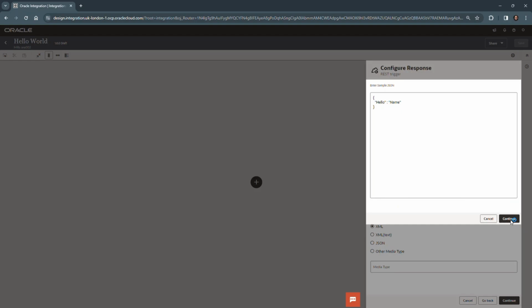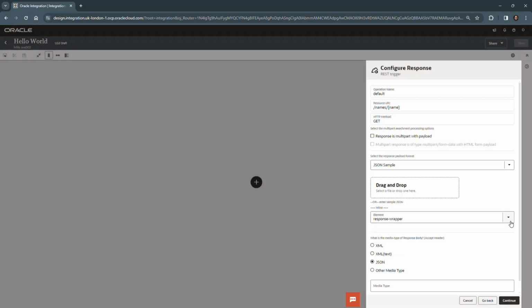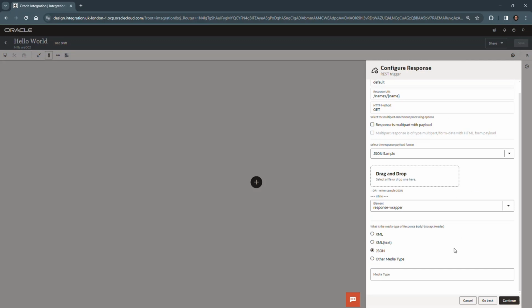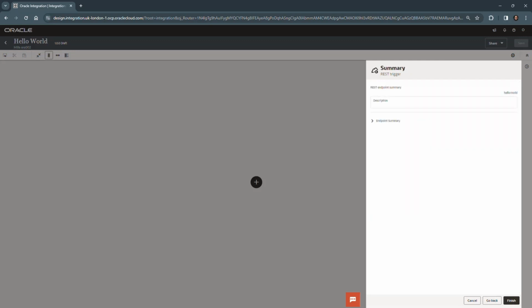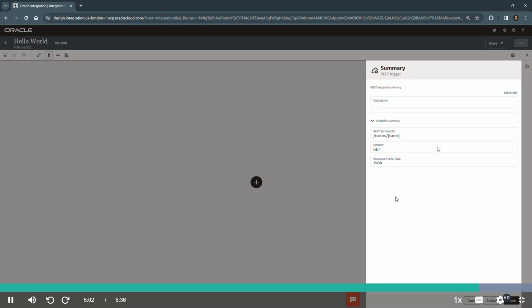So I've done a continue here, and that has been picked up. And according to the lab instructions, since I at this point can leave all their fields as is, it's a JSON media type response, I click continue, which advances me to the summary page. When I expand the endpoint summary as it asked me to do, I can see the information that I've provided. It looks good to me, so I click finish,